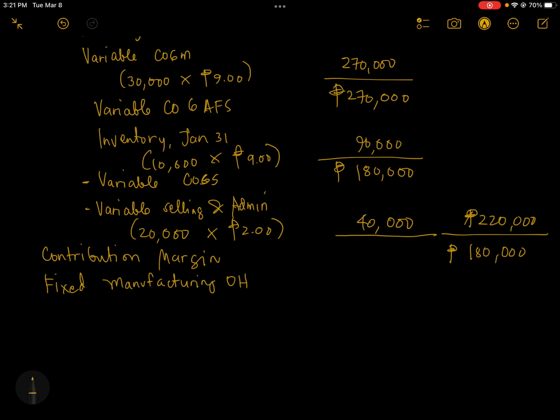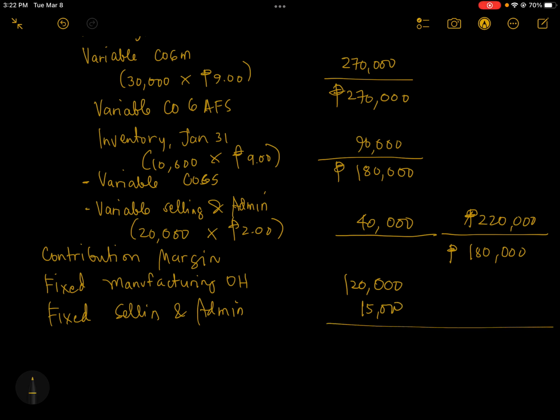And so, it will be the entire 120,000. And of course, the fixed component of the selling and admin expense of 15,000. So, the total fixed cost is 135,000. Okay, so therefore the difference here is 45,000. The 45,000 is the net income